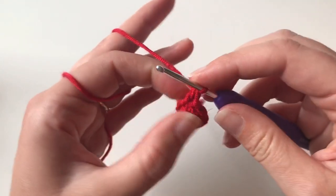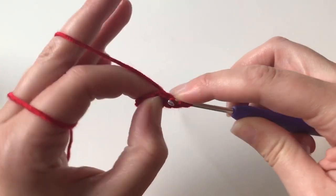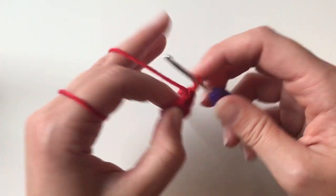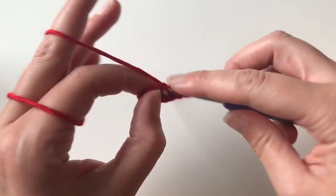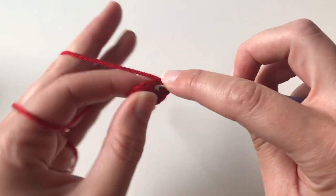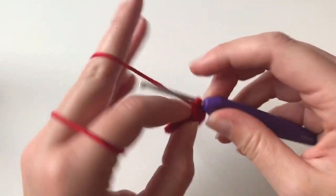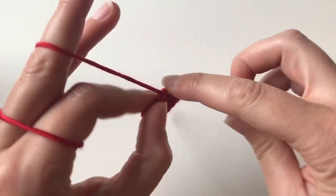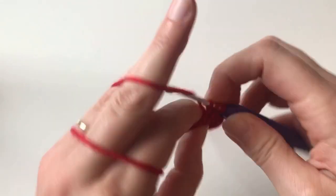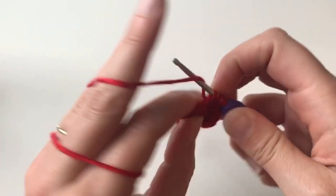So we're going to go back into that same stitch again. We're going to yarn over into the stitch, yarn over again, pull through 2, yarn over again, pull through 2. So that's 2, 3, 4, 5, 6 into the same, 7,